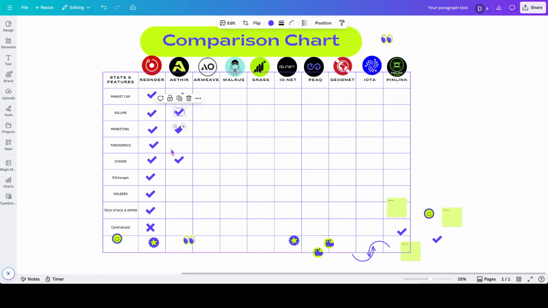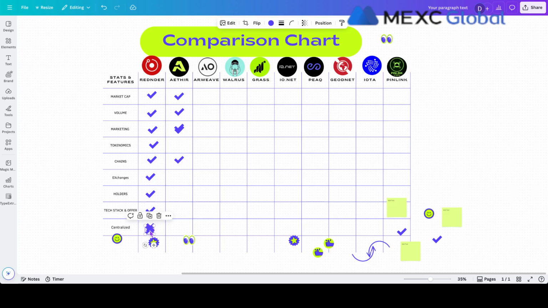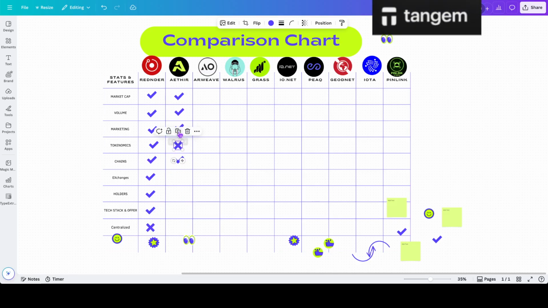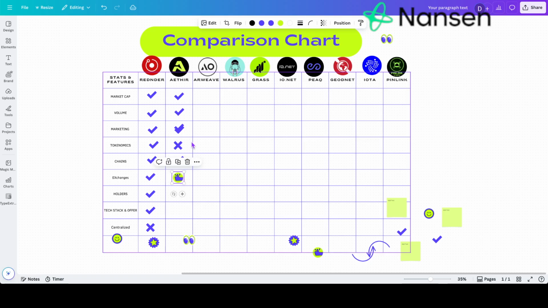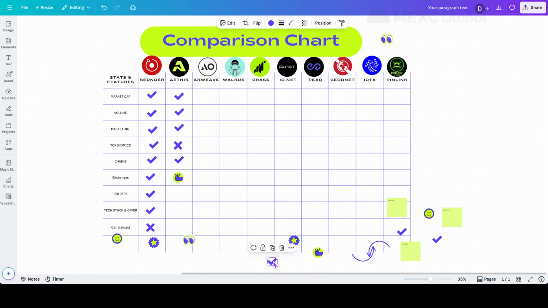So in terms of the tokenomics, they get a big fat cross, right? The tokenomics has always been shit. Exchanges, I'd give them a thumbs up, right? Now, the reason why I'm giving them the thumbs up on the exchanges is because they don't have the big exchanges to come, right? It's an area of bullishness. You know, if they put this on Binance or Coinbase or Uphold or Kraken or whatever,